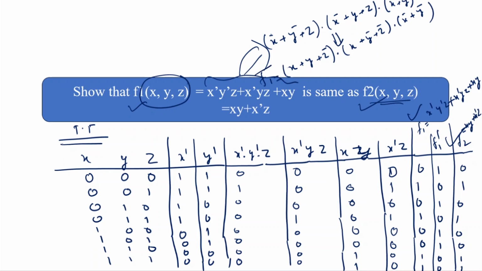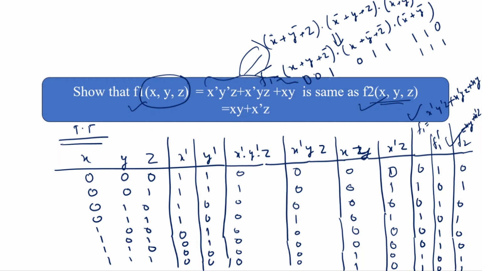Means in these possible combinations, what will be the output? When the output is 0, it is simply represented in the form of a max term, and we will discuss in later slides how we obtain a max term and what is the meaning of max term, etc. Let's say here x plus y plus z complement means the combination 0 0 1, 0 1 1, and x 1 1, and whatever the value of z, because the z term is absent in this particular term, we also consider whether the value of z is 0 or 1. This means the 4 values are here.